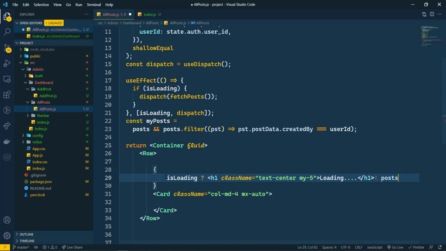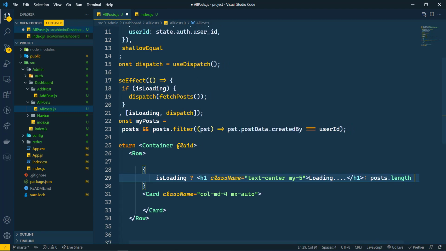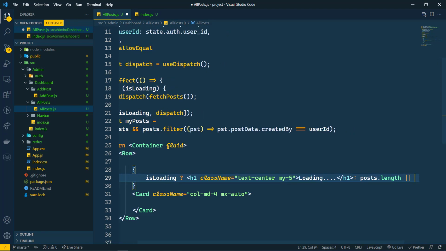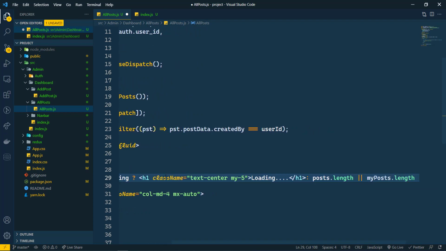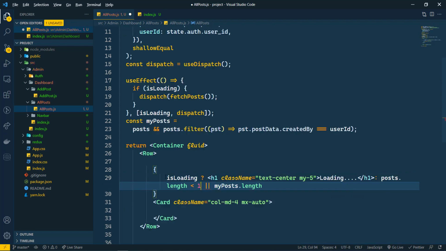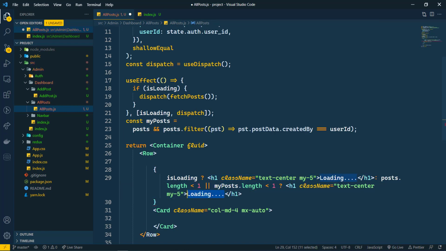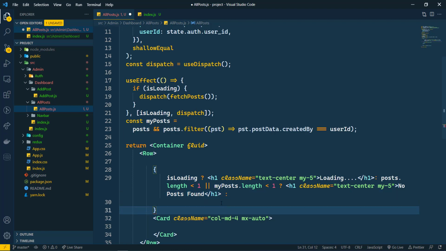So if my post.length is less than 1, then what we are going to do is add this h1 here: "No posts found". Then there will be an else condition, so in the else condition we will render the card here,